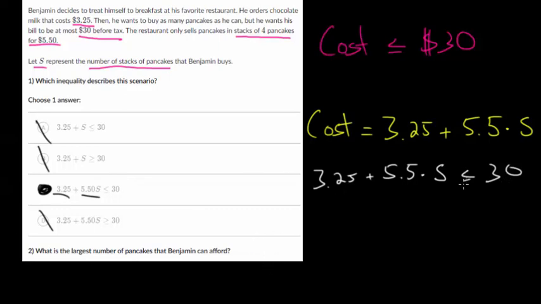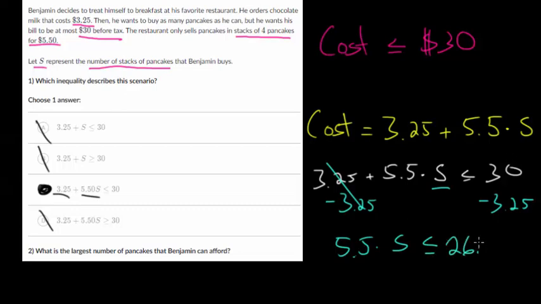So what's the largest number of pancakes that he can afford? Well, the first step is to solve for S. We've got to figure out how many stacks he can actually buy with his remaining money. And then from there, we can just multiply it by 4 to get the total number of pancakes. So let's subtract 3 1/4 on each side to get the S term by itself. These cancel. You get 5.5 times S is less than or equal to 26.75. And now dividing each side by 5.5, we can figure out what S is. So what you find is that S would be less than or equal to